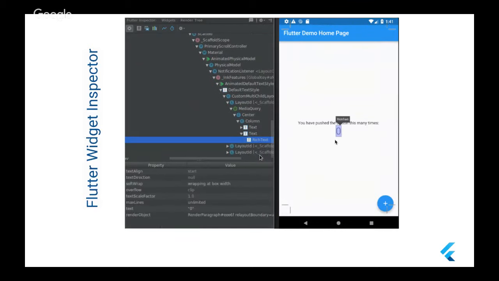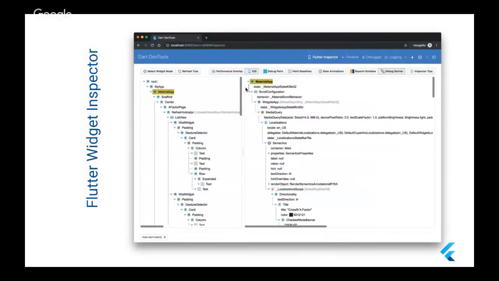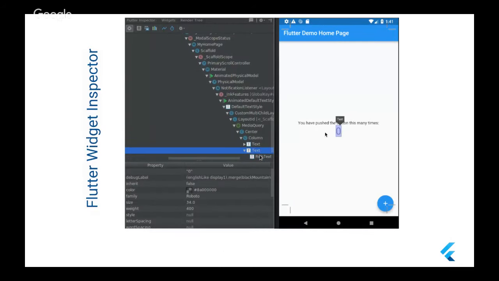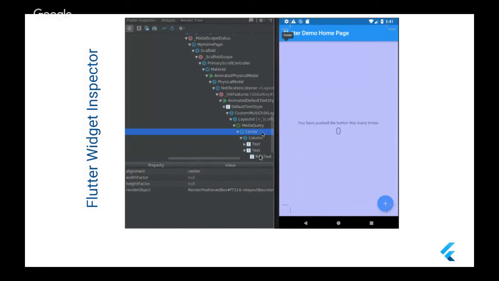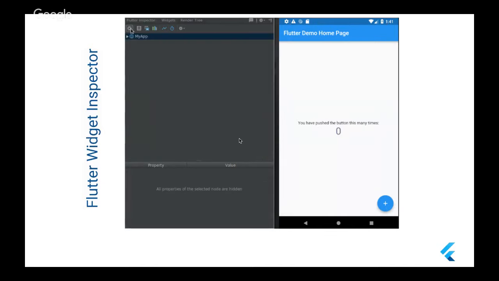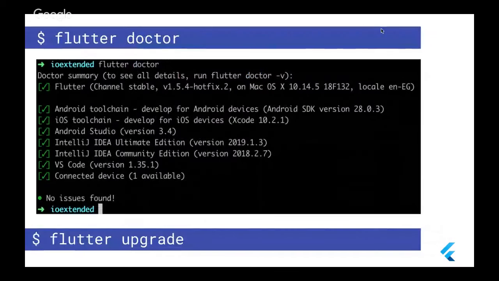You can track any element on the screen, just activate the widget inspector and go to your emulator or simulator and click on any specific widget, and you will find Flutter go to the widget that is responsible, and you clicked on the screen, and it will go to the code that is responsible for this widget. Not only that, Flutter Inspector is now available for web, and you can get the same experience when you are using web, and we can give more examples about that later, inshallah ta'ala.